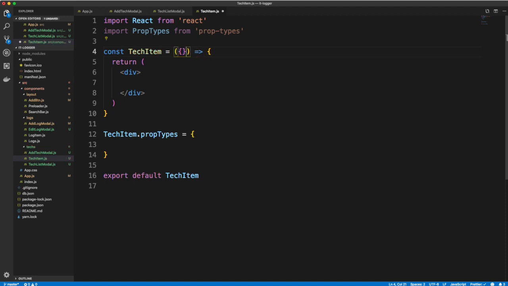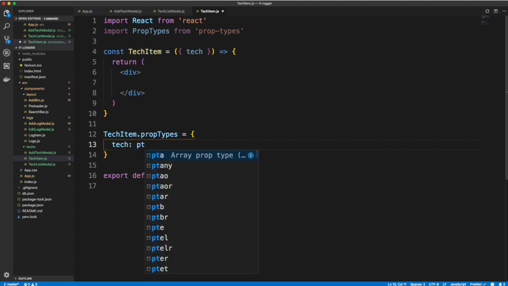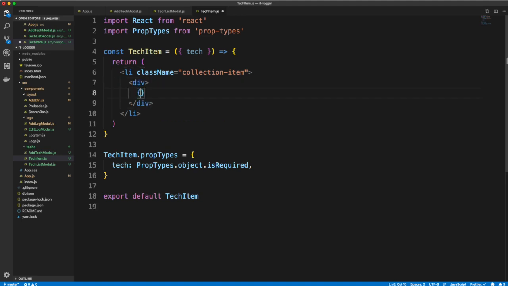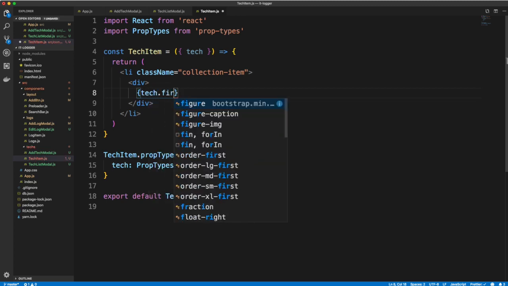So in here, let's destructure and say tech. And then down here, let's say tech. And that's going to be an object, so we'll do PropTypes. Now inside here, we don't want a div, we want an li with a class name of collection-item. And inside here, we're going to have the first name and last name. Let's actually put this in a div. So we'll do div and then first name, our tech.firstName,